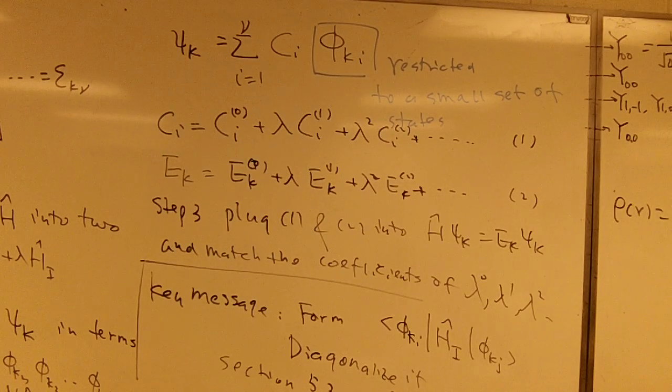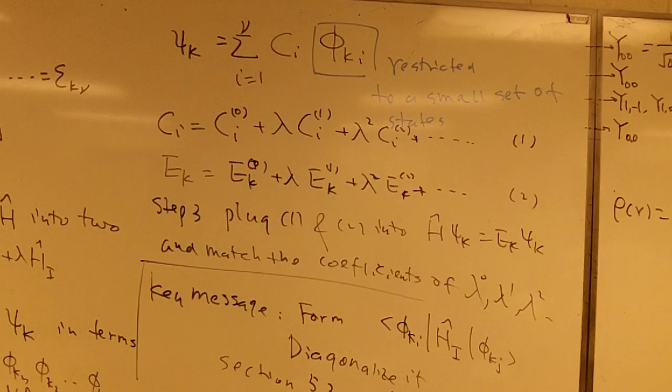Our job is to determine c sub i to the 0th order and c sub i to the 1st order. E sub k is expanded similarly as e sub k to the 0th order plus lambda e sub k to the 1st order plus lambda squared e sub k to the 2nd order plus so on. We substitute both psi sub k and e sub k into H hat psi sub k equals e sub k psi sub k to get